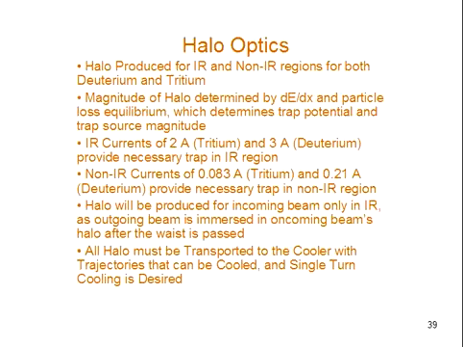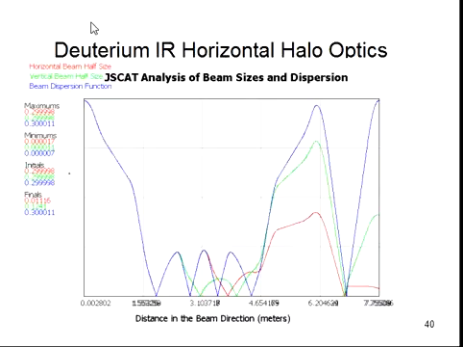The desire of the optics is to transport all of the halo to the next electron cooler with trajectories that can be cooled, so that single turn cooling is desired. The reason you have to do this is if 2 amperes of beam were lost in a continuous way, ECOFusion's power losses would be too large to sustain the desired effect of having more power out of the system than is put in. This figure shows the deuterium halo optics throughout the interaction region for the horizontal portion of the